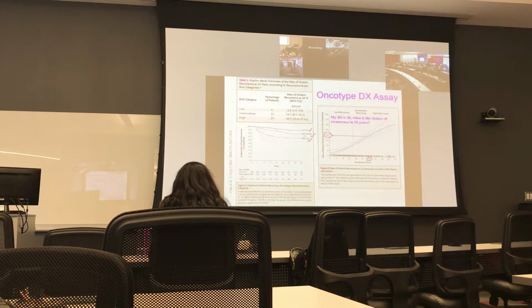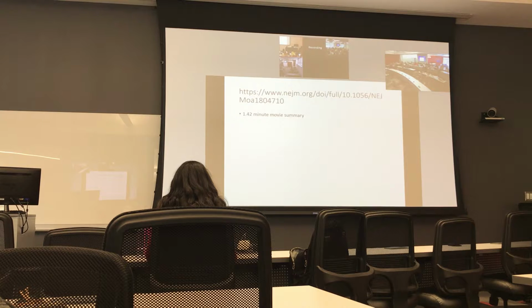So that would be high, versus a recurrence score of 10, which is in the low group, where the recurrence is like 5%. So that's just the difference, and that's how they measure it. This is not my personal recurrence score, so don't send me cards about me having breast cancer. It's just going to be weird. I just use this as an example, like I have in other classes, of what the risk looks like. Okay, and now I want to show you a very brief movie about